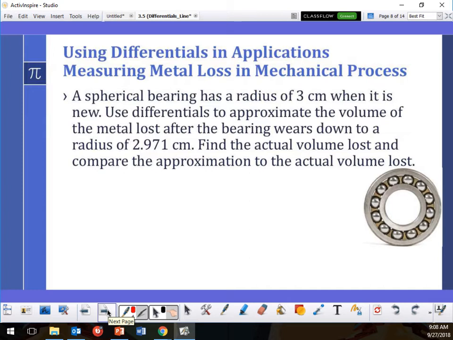A spherical bearing has a radius of 3 centimeters when it's new. Use differentials to approximate the volume of metal lost after the bearing wears down to a radius of this. Find the actual volume lost compared to the approximation. Okay, so this is kind of what we were working on yesterday, but we were just looking at the error part of it, and we don't need all that. So what we're looking for is actually the dy